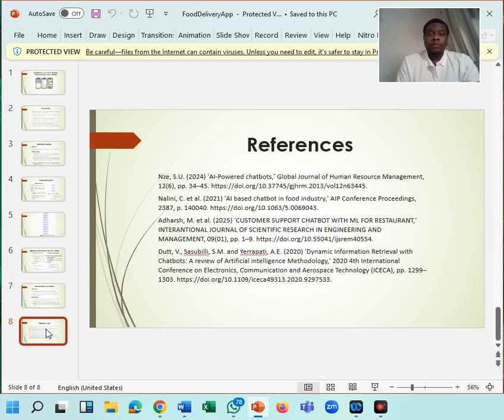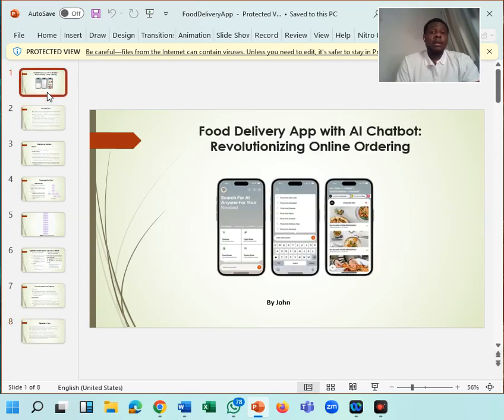And yeah, so this brings me to the end of this project. And I believe that with this chatbot, processing time would be minimized to actually accommodate a lot of users, and the AI chatbot will be of help.